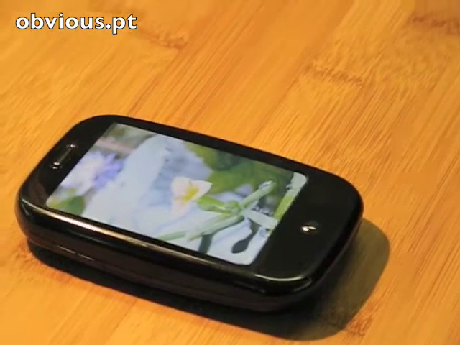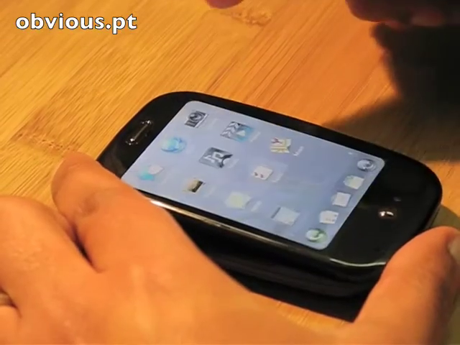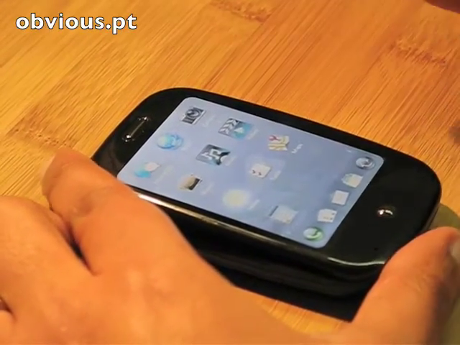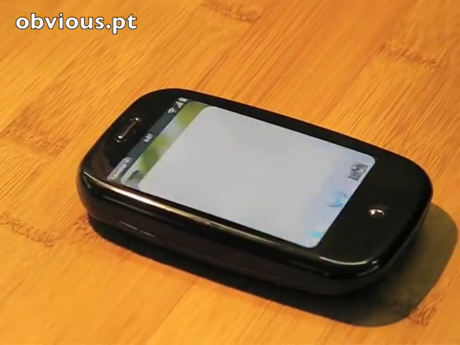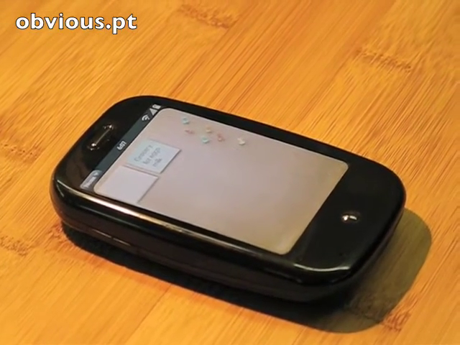But these are the things that we'll definitely be fixing. I can bring up the application launcher again, and I can launch my Notes application. So you get the idea. Wherever I may be on the system, I can just do a single swipe and I can launch any application